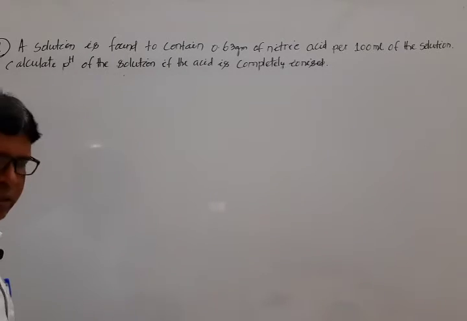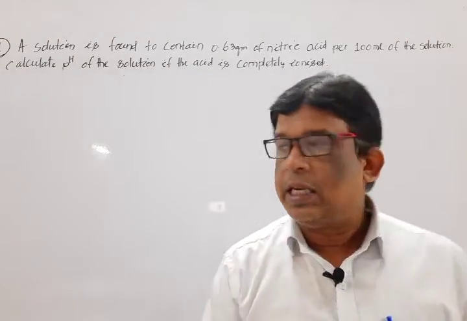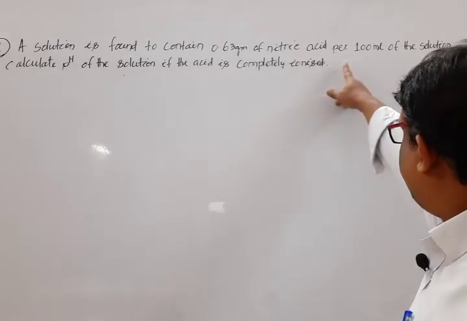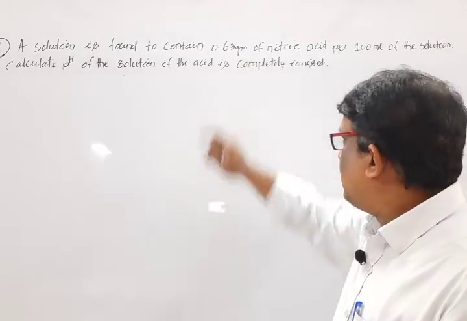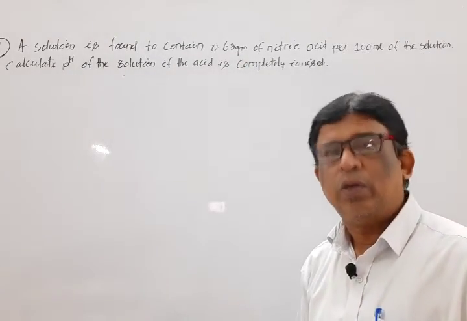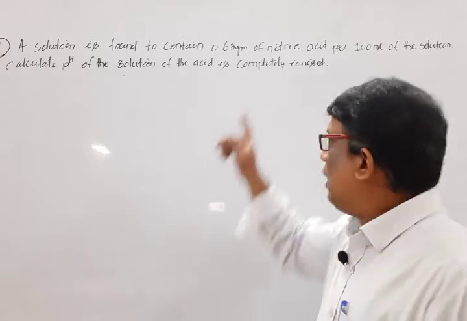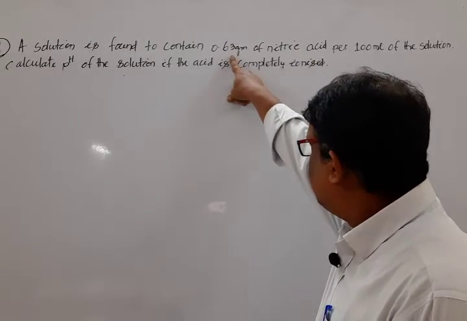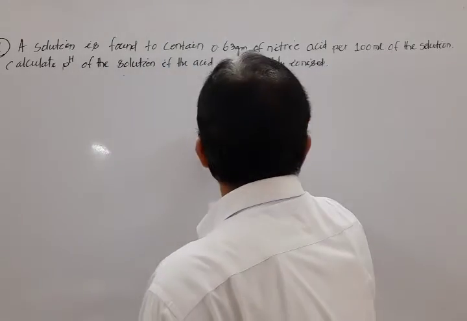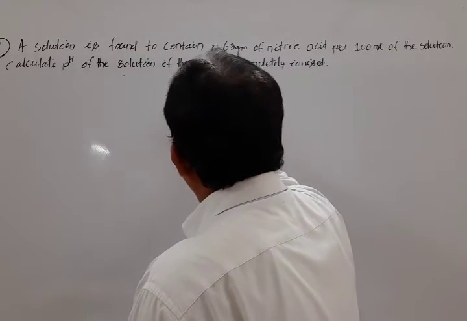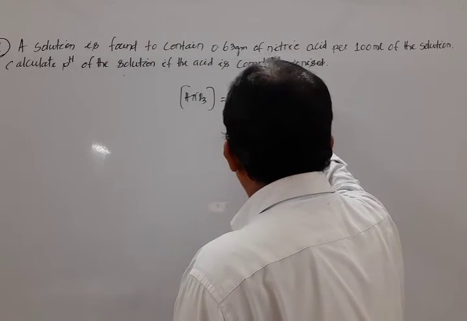Mark the last question. What is the next question? A solution is found to contain 0.63 gram of nitric acid per 100 ml. If 100 ml contains 0.63 gram, then for 1000 ml we require to calculate concentration per liter. If it is 1000 ml, then it is multiplied by 10, which is equal to 6.3 gram. So here we calculate nitric acid HNO3 concentration, which is equal to H plus ion concentration, equal to 6.3 weight